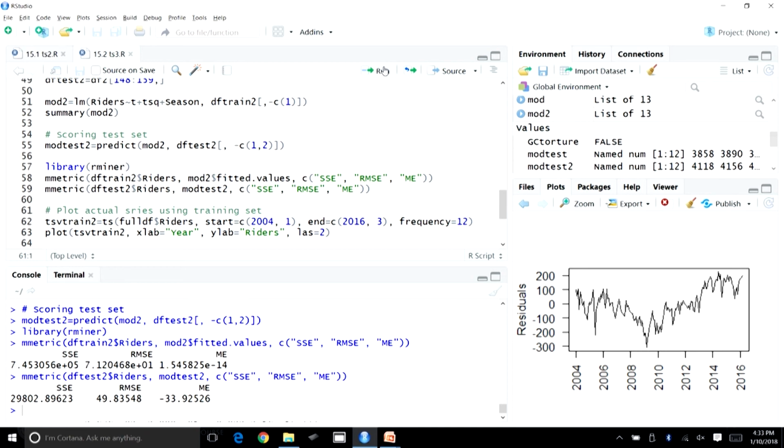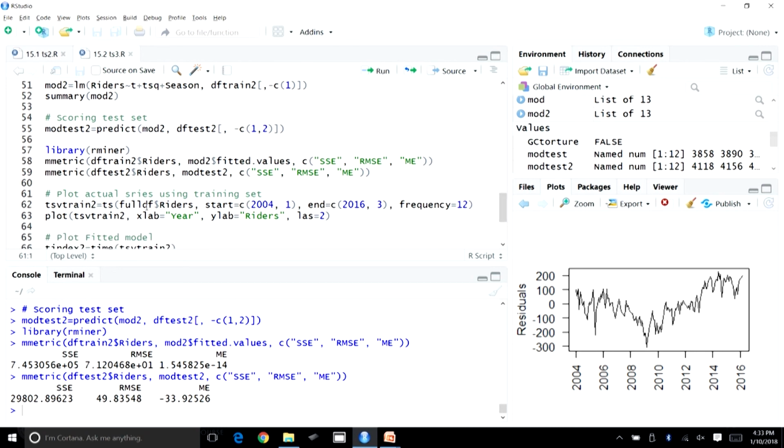Remember, the best RMSE value till now was when we modeled the quadratic trend, which came down to 136 something. Now, when we model both quadratic trend and seasonality, the RMSE value has come down to 49.